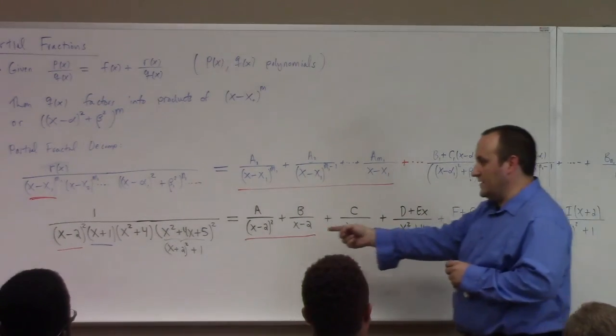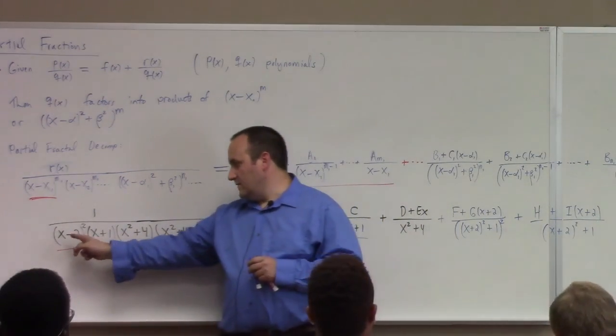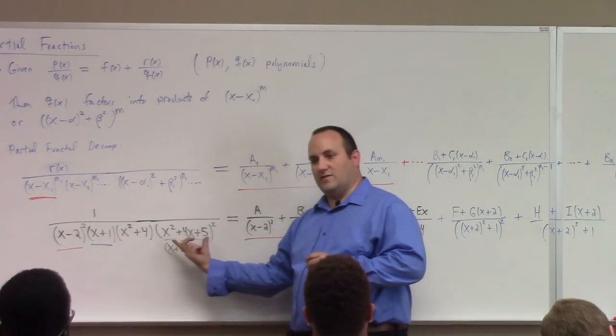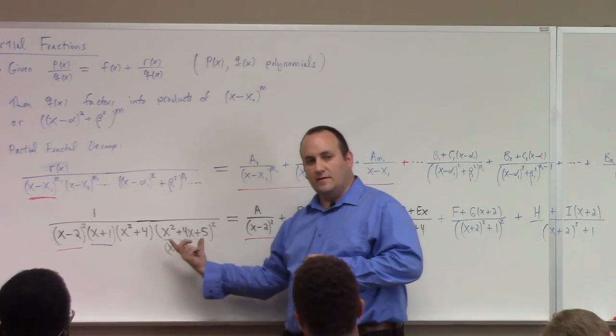What's the degree of the denominator here? 2, 3, 5. That's a quartic. That brings us to 9. So this is another